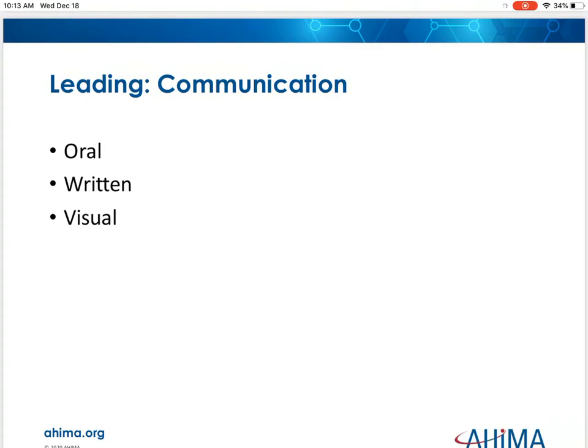Now we're moving into written communication. So this is another skill that an HIM manager needs to develop in order to effectively communicate in the workplace. Now, this may come in the form of a memo or an email. It may be a policy or a procedure, or even the employee's performance appraisal. Or maybe you wanted a new piece of equipment for your department and you have to do a budget justification. Written communication lacks the immediate feedback that you get with verbal communication, but there is a permanent record that can be referred to later.